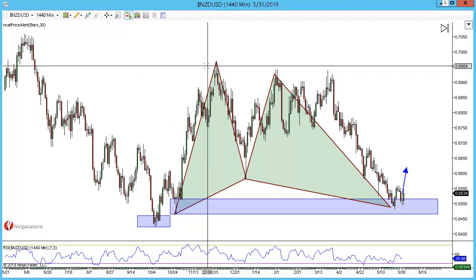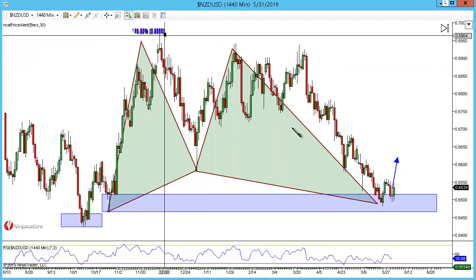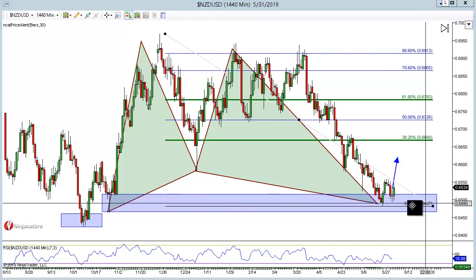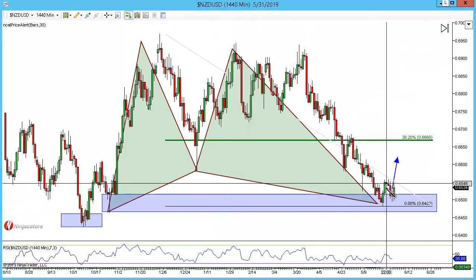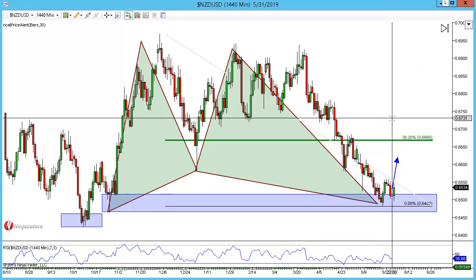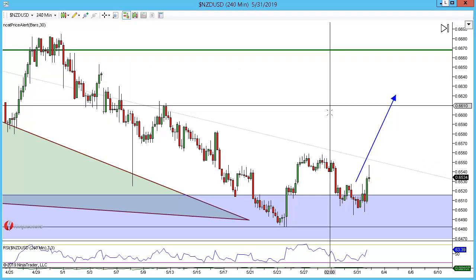I would play just like the pound dollar for fib based targets, and again there's a lot of room here to go and a lot of pips up for grabs. So if you cannot get your entry now or tomorrow or Tuesday, there is still room to go up to that 38.2 target. There is around 136 pips up for grabs here. If we go to the 240,